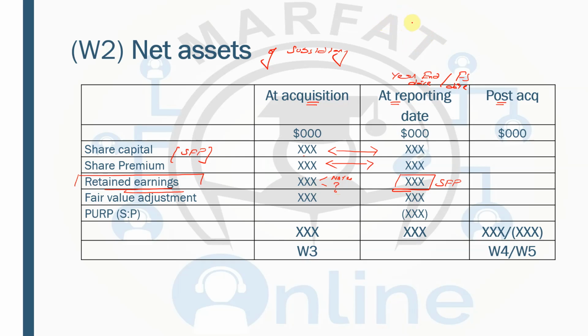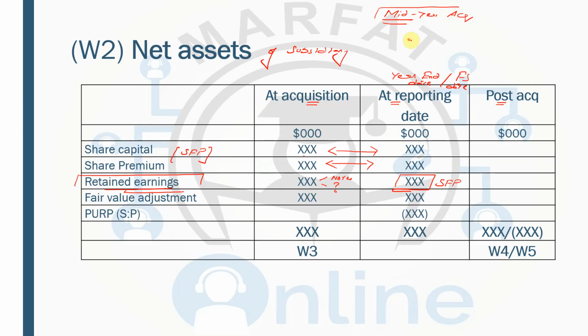Now, how can we calculate it? What is the concept of that? Usually we have the calculation involved when we have a mid-year acquisition. This is something very important to understand. Now the question is going to be simple if the subsidiary is acquired at the start of the year; everything will be easier for you. But if the subsidiary is acquired mid-year, mid-year simply means midway through the year. It can be anything: 1st February, 1st April, or for example 1st July, whatever it is. So in order to calculate the retained earnings at acquisition when there is a mid-year acquisition,